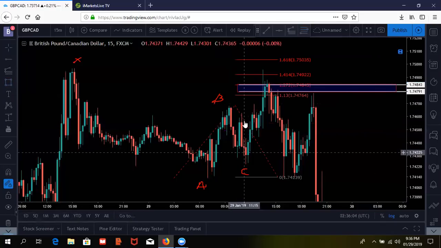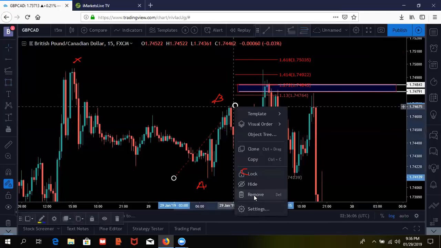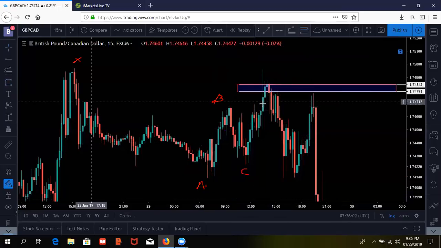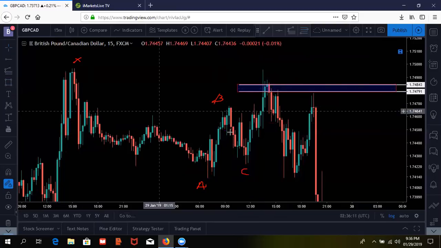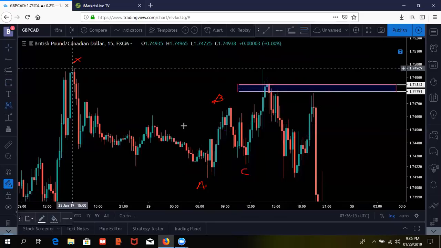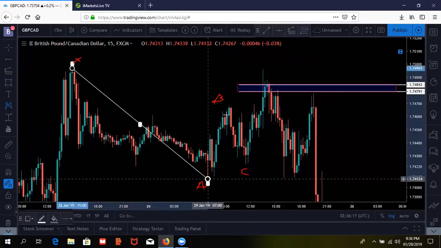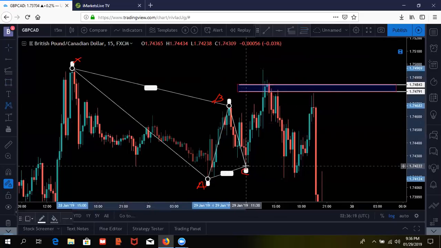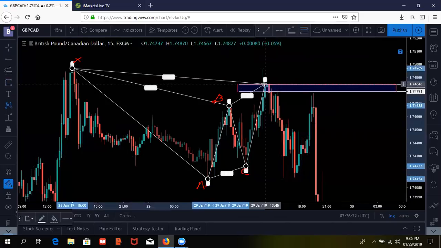Now for that D completion. Like I told you, we have the cipher pattern right there, and then we had the Gartley pattern as well. So X to A, A to B, B to C, C to D. Now this pattern looks a little more sexy. So looking at this now,